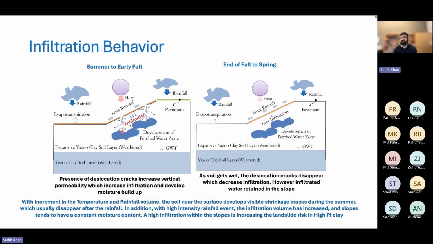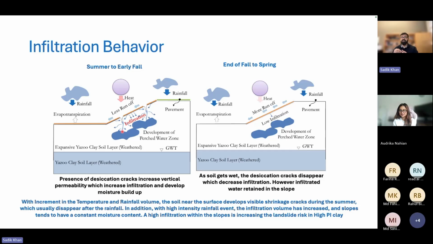The only challenge is we don't have any solution in the market which can satisfy a few criteria. Number one is it doesn't increase the shear strength, and it reduces the moisture from the soil. And then we don't have any solution that is also extremely cost effective. So because of that, in most cases, many agencies know that there is some kind